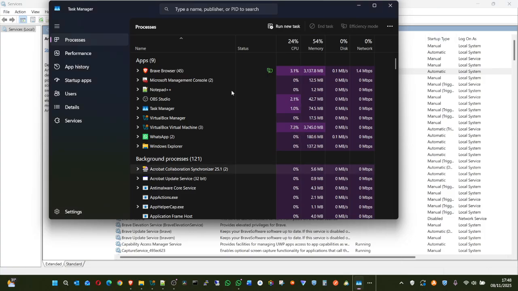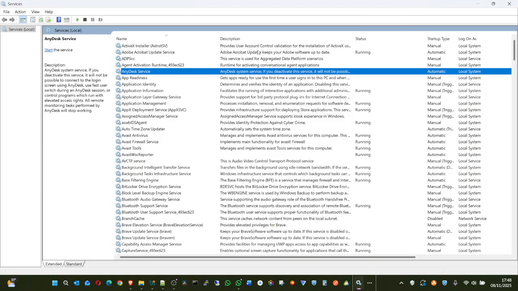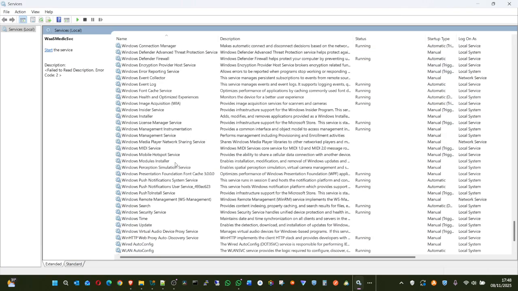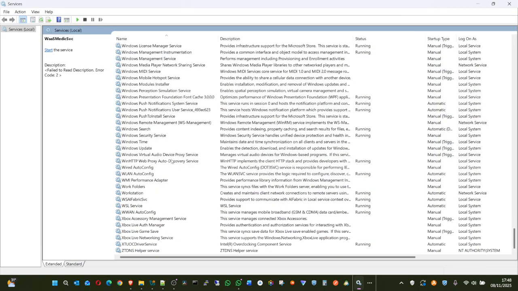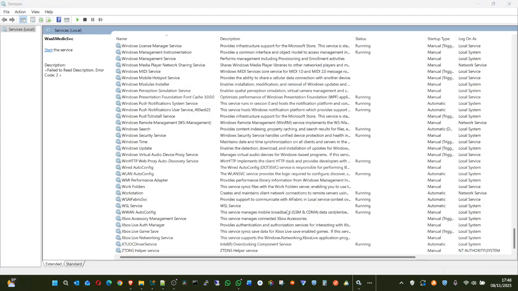Because even task manager itself runs all these processes, their services, like maybe your WhatsApp. If I right click and say end task, it will go and end it from task manager. If I say WhatsApp, and like that. So let me not just waste time on all of this. So let me close this. I don't want to save anything right here, cancel it.